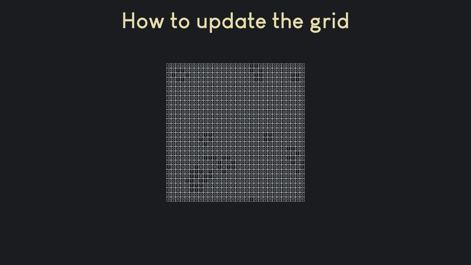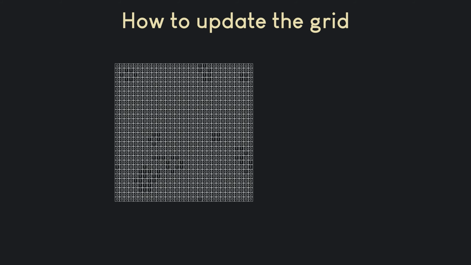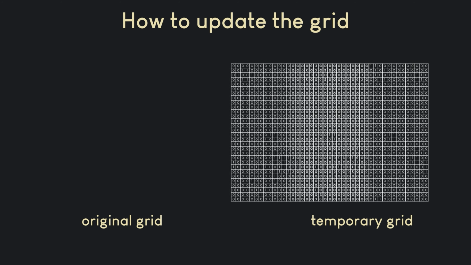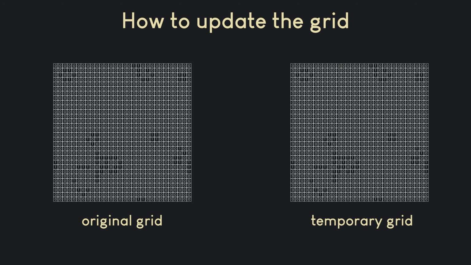We want to change all the cell state at once, but we can't do that either. So here is what we are going to do. We are going to create another grid, a temporary grid, where we will save all the changes we make to the original grid after implementing the rules. Then we will copy all the values from the temporary grid to the original grid and